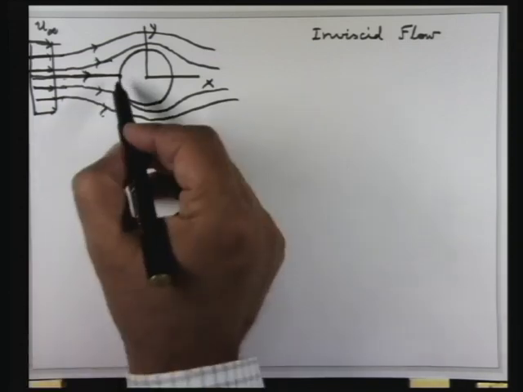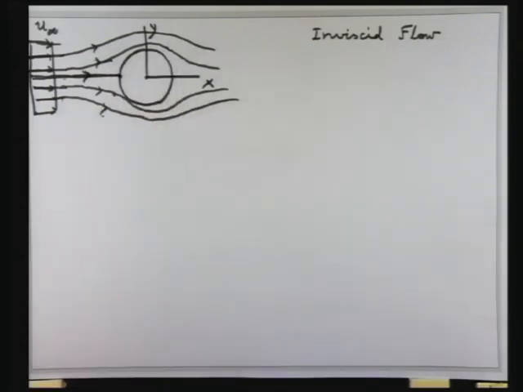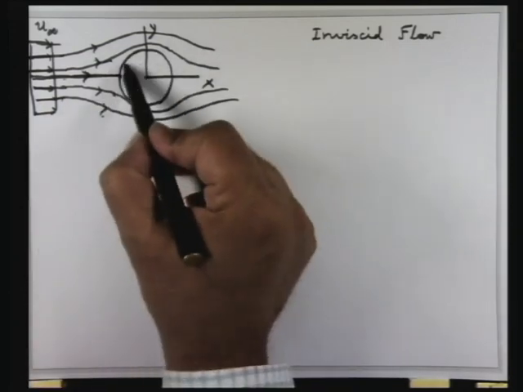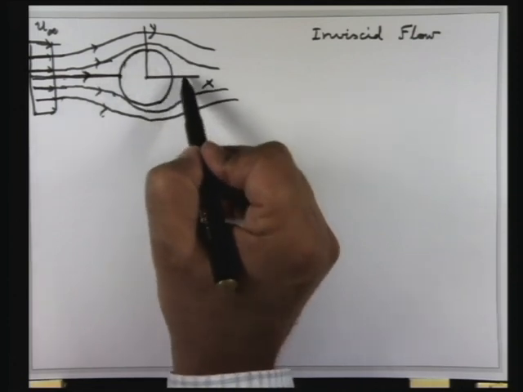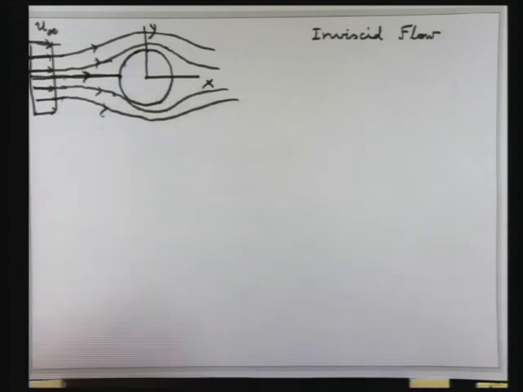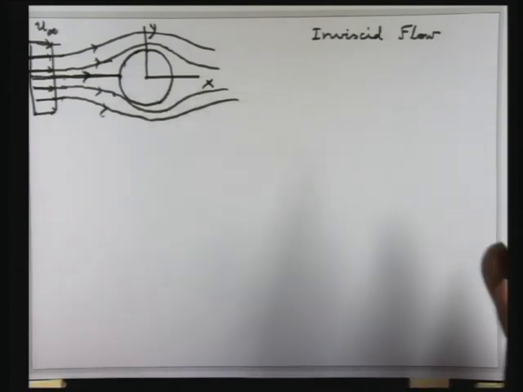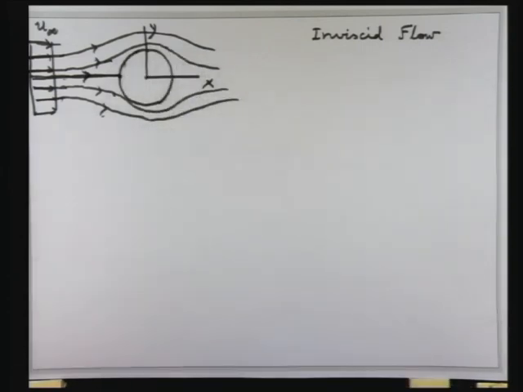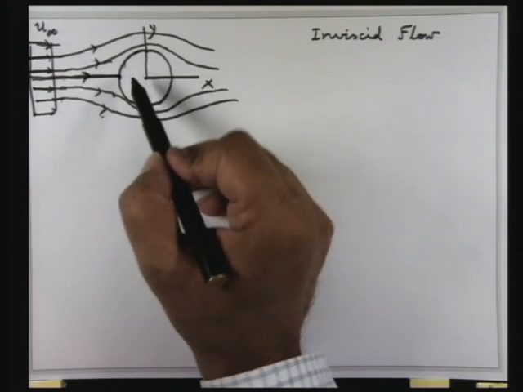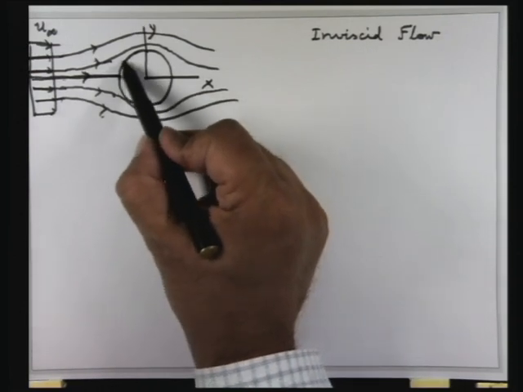So if you look at inviscid flow over the cylinder, you will see that the velocity of the fluid particle at these points may not be 0. We will actually solve it for irrotational incompressible flow tomorrow and find out what is the velocity on the surface. But anyway, what I am trying to say is that if you look at this circular